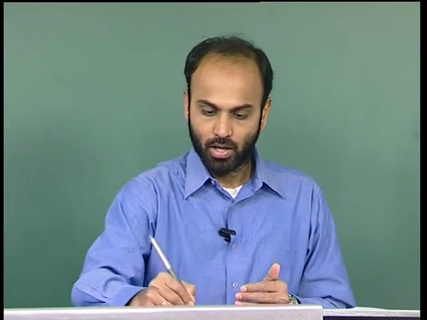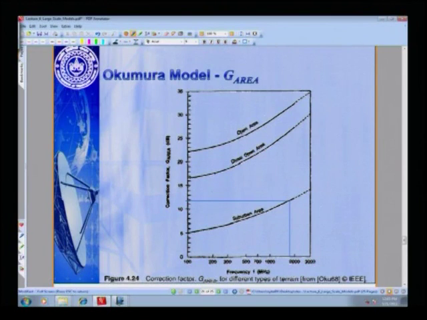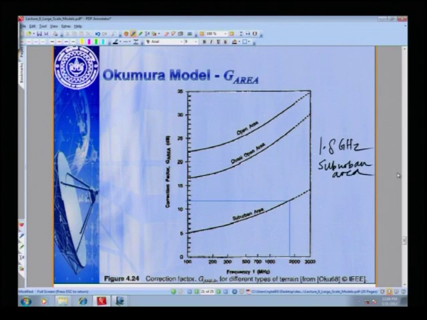Hence there is a correction factor essentially as you move from urban area to suburban areas to open areas. For instance, if you look at that plot, it looks as follows. For instance, if we look at this G area plot, I go back to the same question: that is 1.8 gigahertz, and of course this does not depend on the distance. If I want to look at 1.8 gigahertz for a suburban area, I go to this point, which is 1.8 gigahertz, which is essentially around this, and this again is the plot